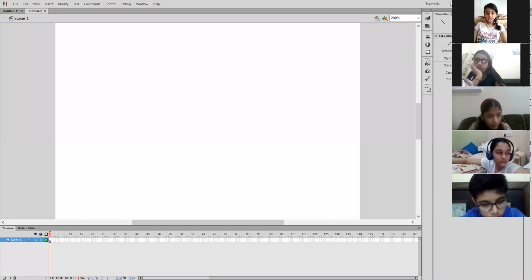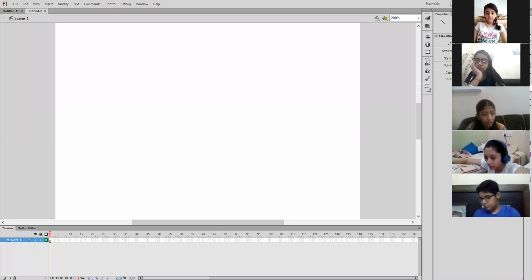The next tool we are going to do is the pencil tool. The pencil tool is basically used whenever we want to make a freehand drawing.